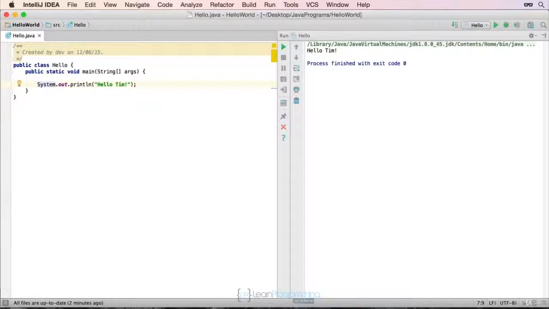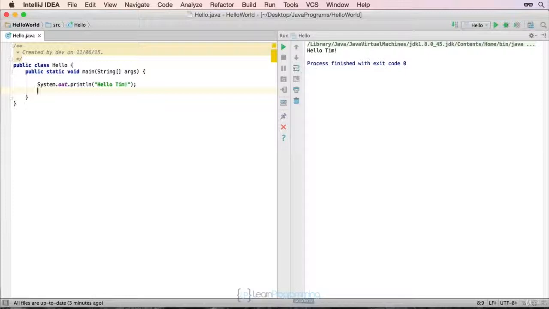Now as we move forward with the course, we'll be talking about lots of different types of data, but we're going to start off with a really basic one that's included in Java, and it's called the int, which is short for an integer. So an integer in math terms is a whole number without any decimal points, and it's the same thing in Java. So if we want to use variables, we need to define what's called the data type, then we need to assign a name to it, and optionally we need to also define a value to it. So what we're going to do is I'm going to go to the end of the line